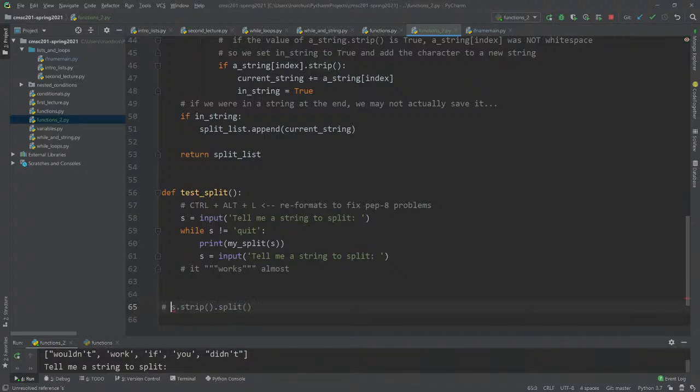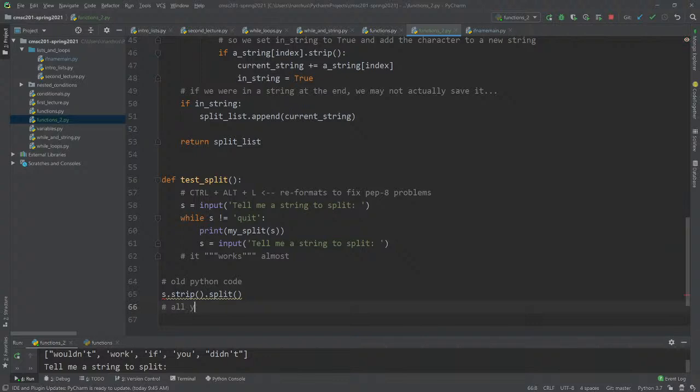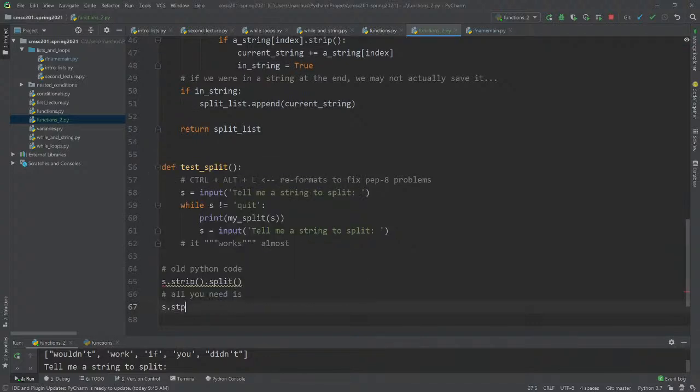I've seen this a lot in old Python code. But actually all you need is s.split, because it will do the stripping for you.